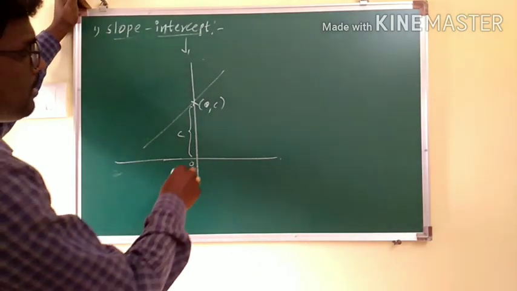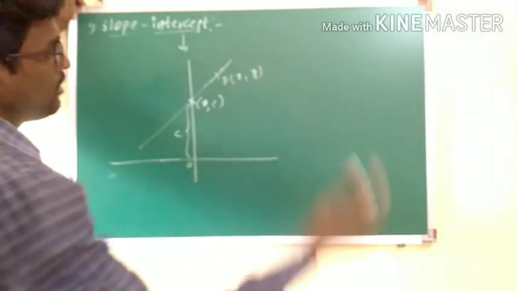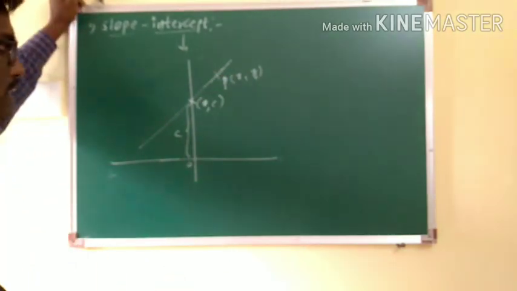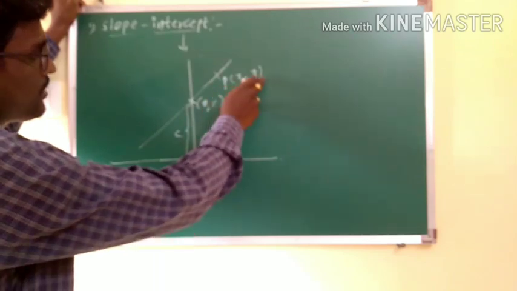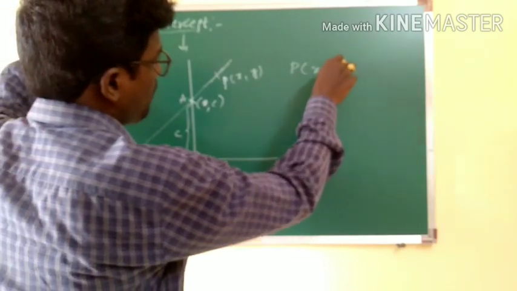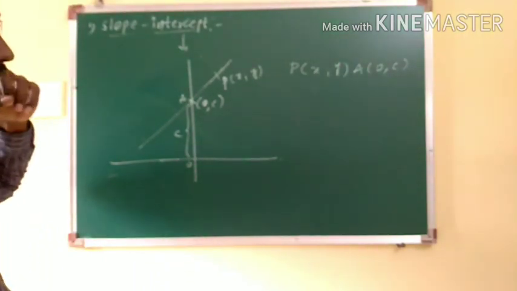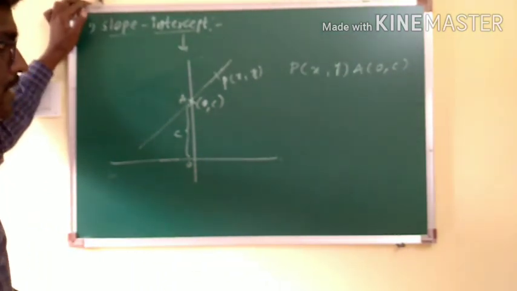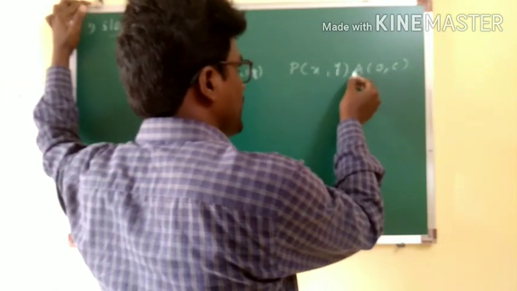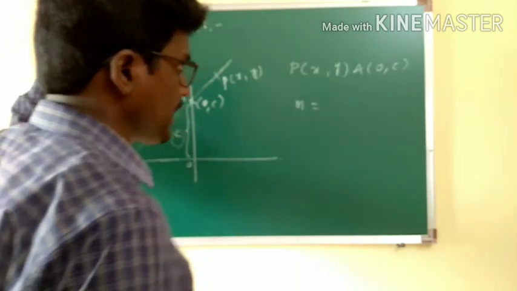A line is a collection of points of the form P x comma y. Now on this line you have two points, one is P x comma y and the other is 0 comma c. We have to trace out the line equation in terms of slope as well as y-intercept. We already have the y-intercept c, and the slope can be obtained by taking the difference between the y coordinates and the difference between the x coordinates, and with the help of that you will get the line equation.